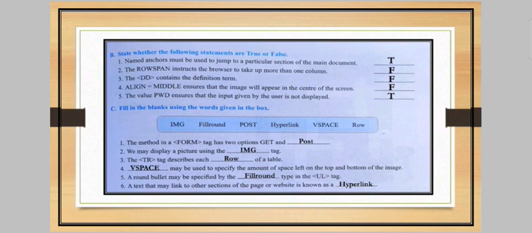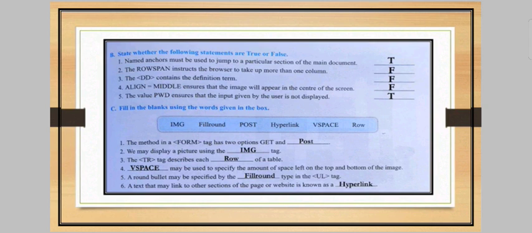Align is equal to middle ensures that the image will appear in the center of the screen. This statement is also false. Next, the value pwd ensures that the input given by the user is not displayed. This statement is true. So these are the true false from this chapter.